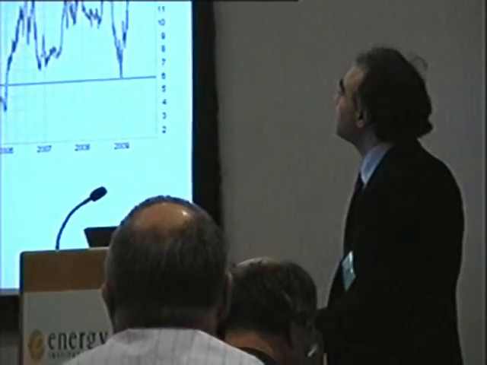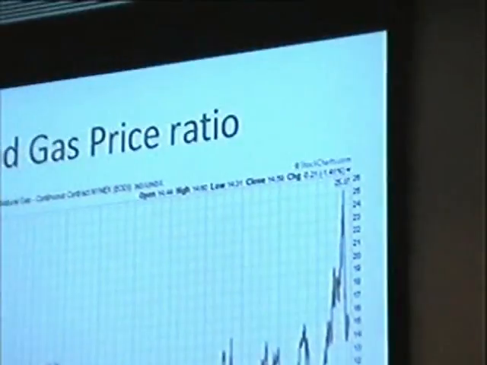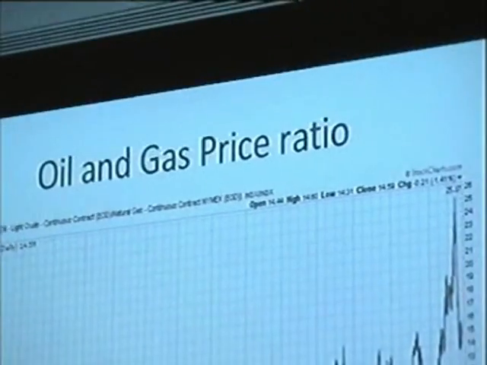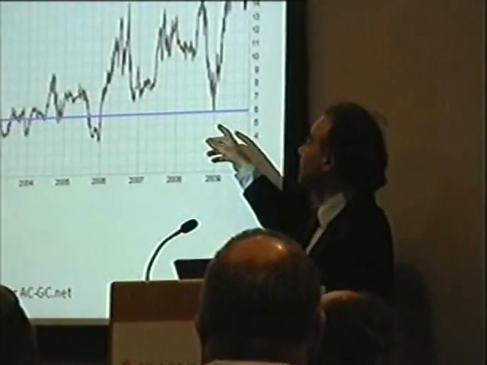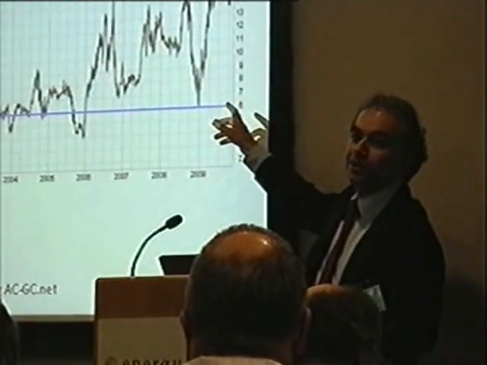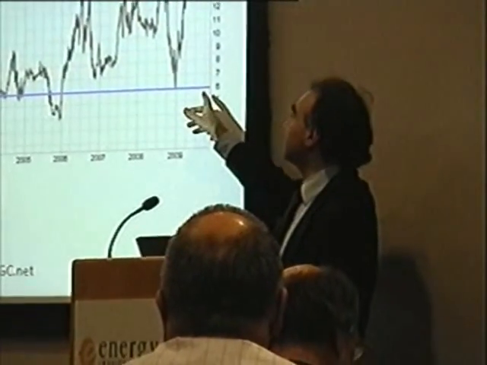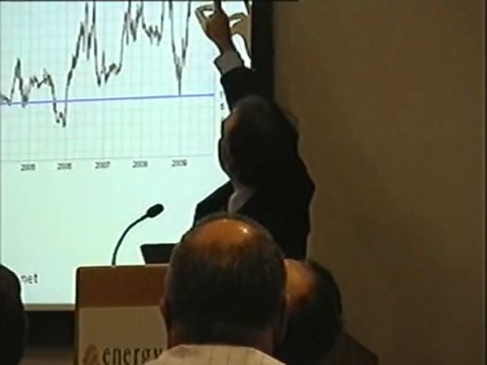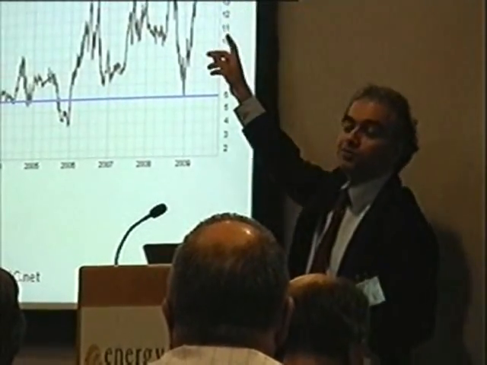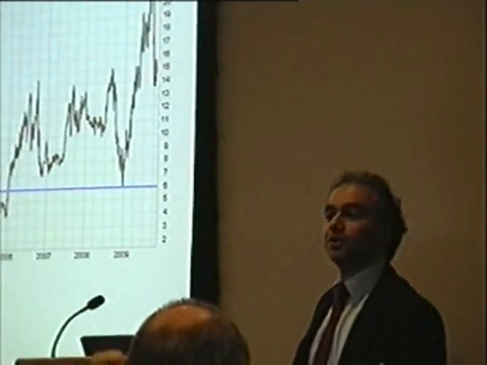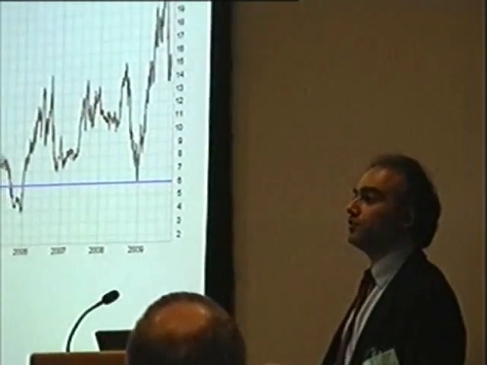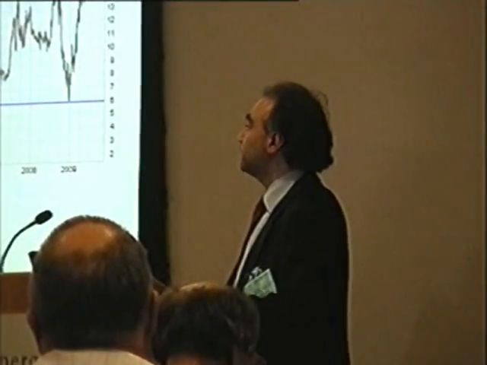This is a chart of the ratio of the oil price to the gas price. Now the blue line is the energy price parity of oil and gas. At the blue line, oil and gas per unit of energy, calorie of energy, are exactly the same. You can see the extreme outlier we've had recently. We're at 25 to 1. That meant that at 6 to 1 is parity. So natural gas on a per unit energy basis was almost 4 times cheaper than oil, which explains the big rush to gas and why tar sands make so much sense.